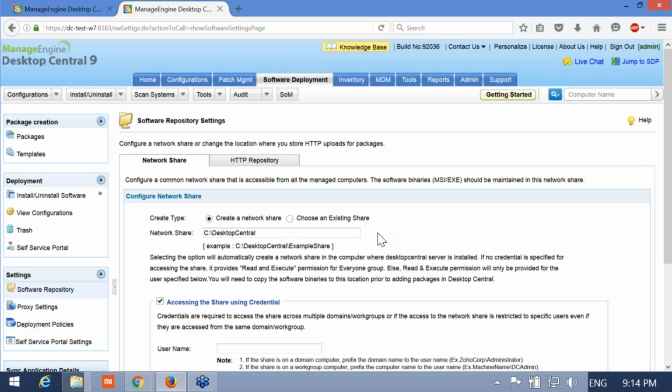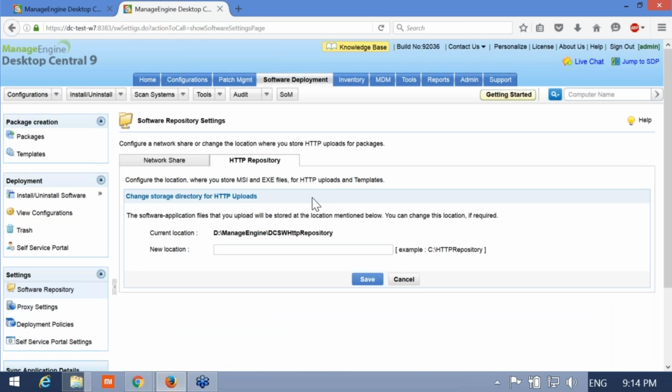So that might impact your network or bandwidth. So as administrator, you do not want the agents to communicate to a common share and download multiple copies of the file. So to handle that scenario, we have given another option called HTTP repository, which is very handy to